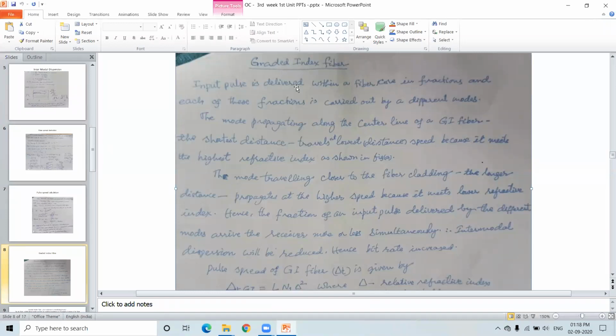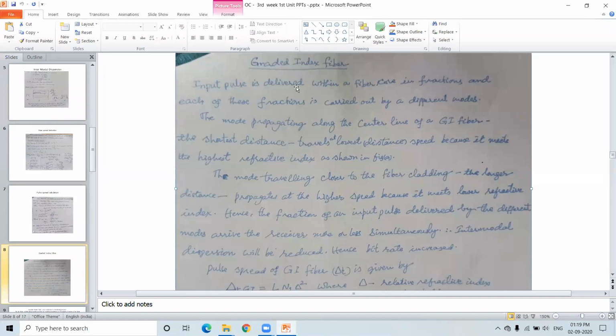That means the total refractive index of a core. What is the total diameter of the core? 62.5 micrometers. In the first class itself, I have shown you. The diameter of the core is 62.5 micrometers and the total diameter of that fiber is 125 micrometers. The core is half of that. So this half of the diameter is having different refractive index layers.